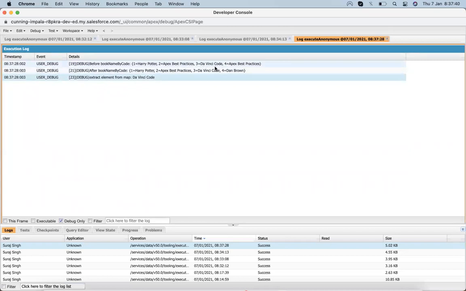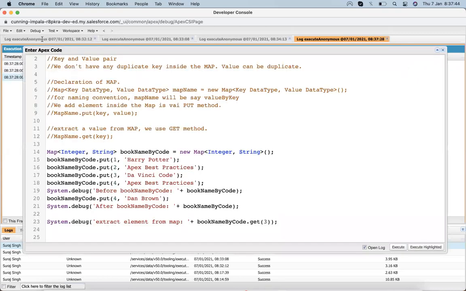What will be the element present at third? It is showing up here. So whenever we need to extract an element from a map, I have to just focus on the key. We put that key in the getter, and the value present at that key comes up as the response. So in this way we get a value from a map.